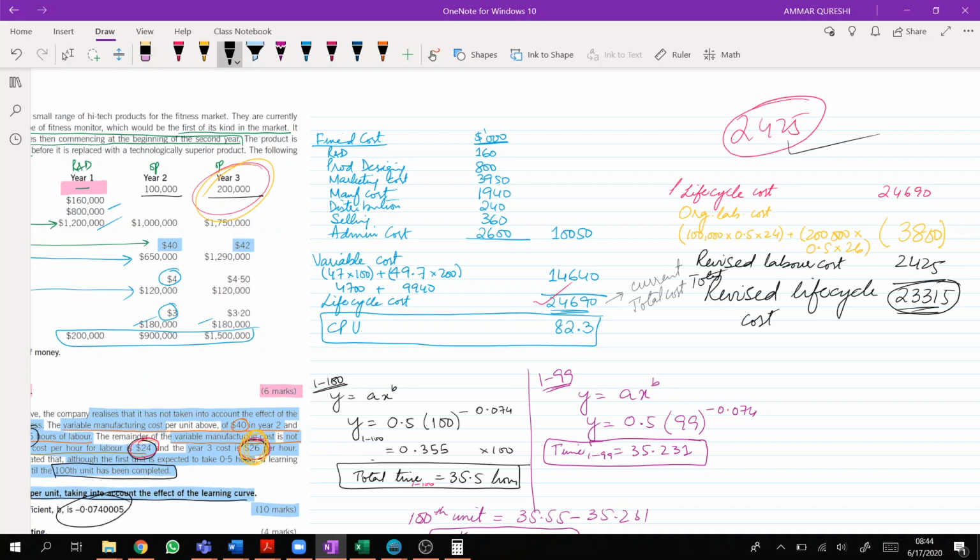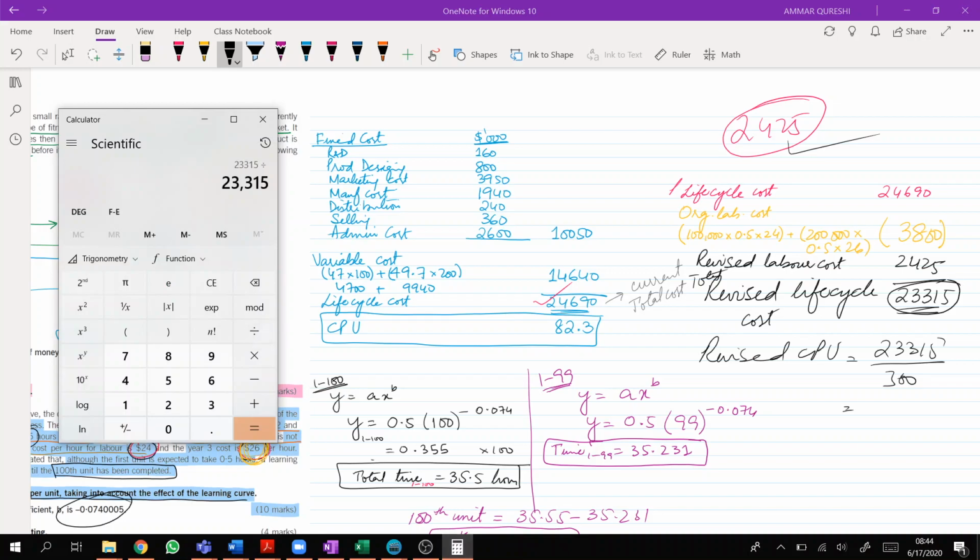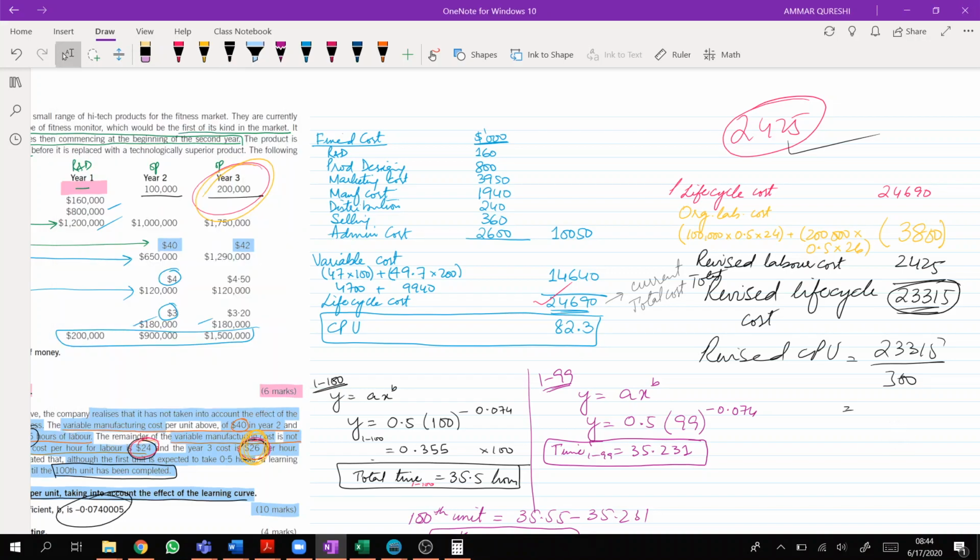So this is the overall revised life cycle cost of the product, and the revised cost per unit will be equal to 23,315 divided by 300, which is 77.7, right,